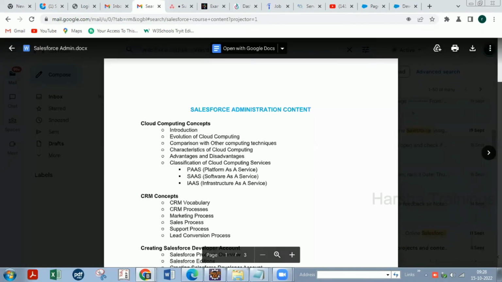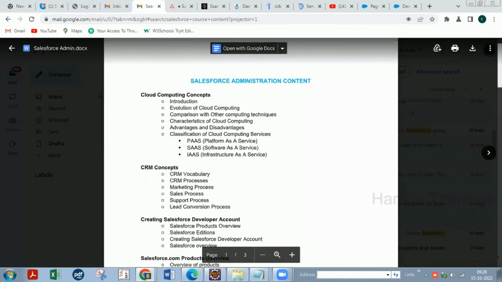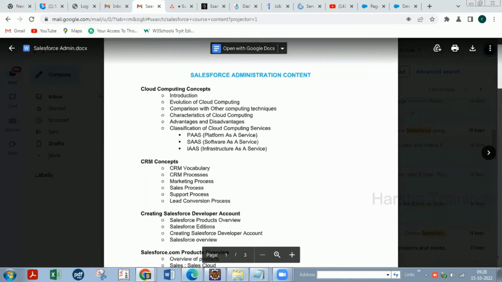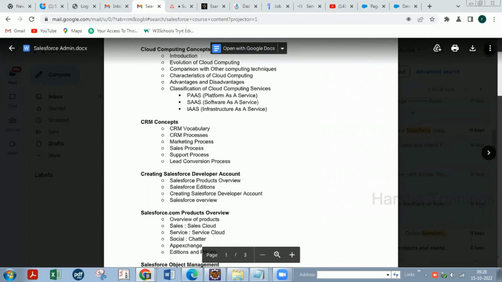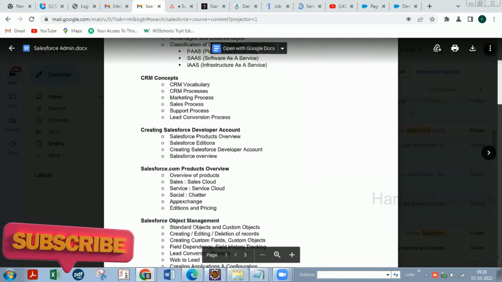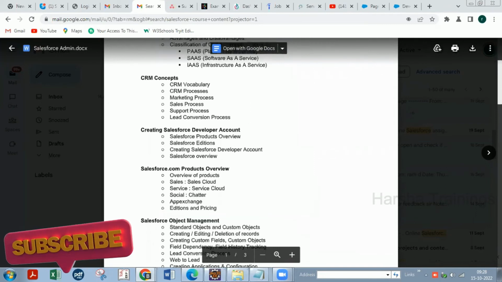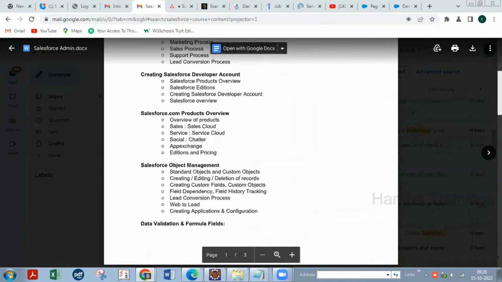So first is the admin topics. In admin topics, I'll start with the basic cloud computing concepts, and then I'll go ahead with the CRM concept, and then I'll help you with creating the developer account, and then give you the overview of the Salesforce products,